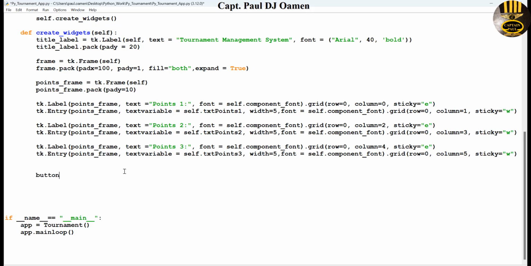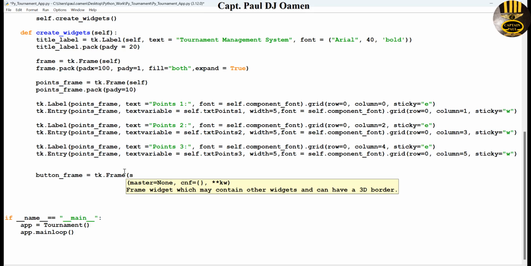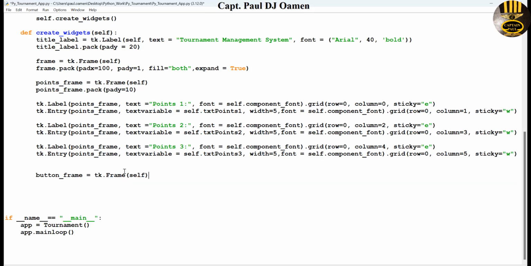So I'm going to call this button_frame, and this one is going to be using the following widget: tk.Frame, and the frame is going to be right inside self. Now I'm going to pack this bottom frame. Bottom frame.pack,